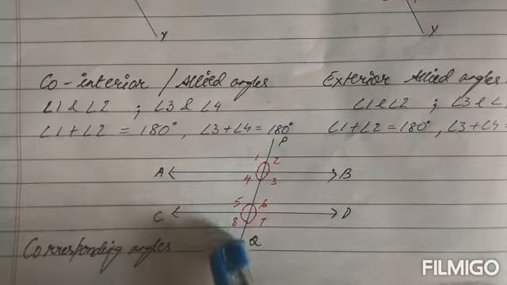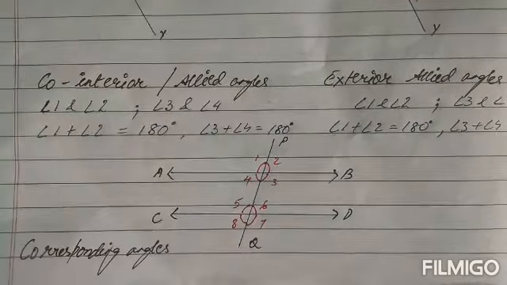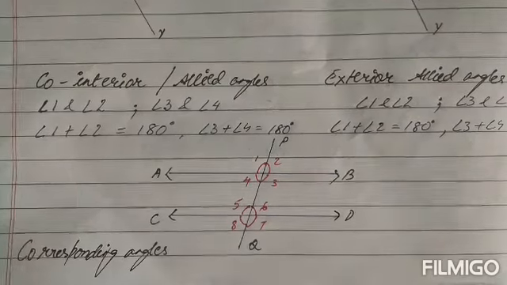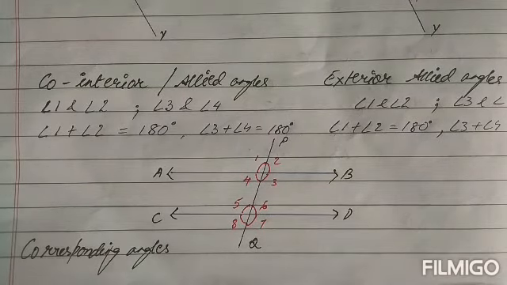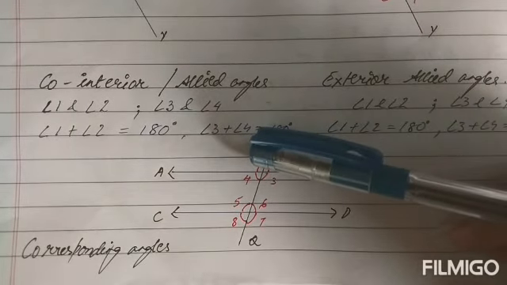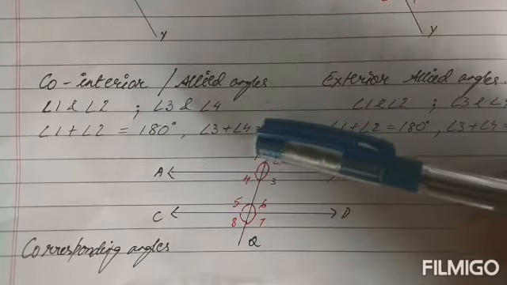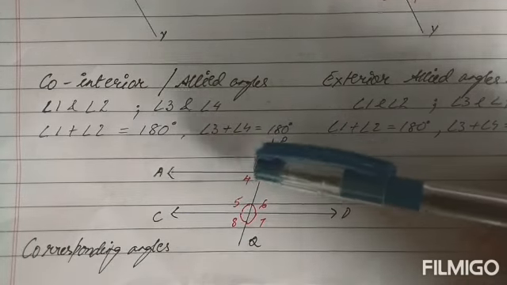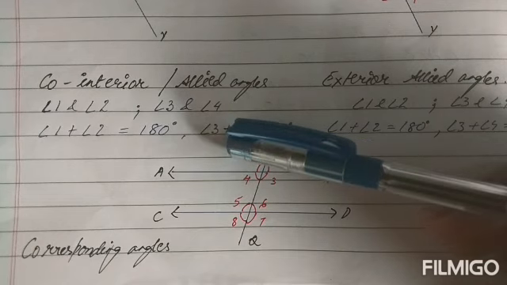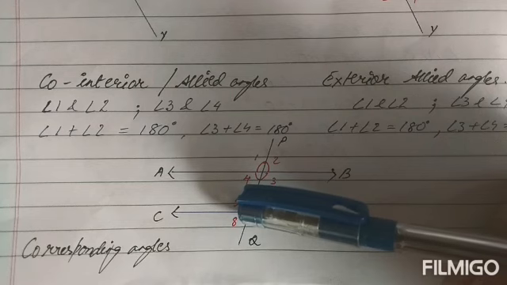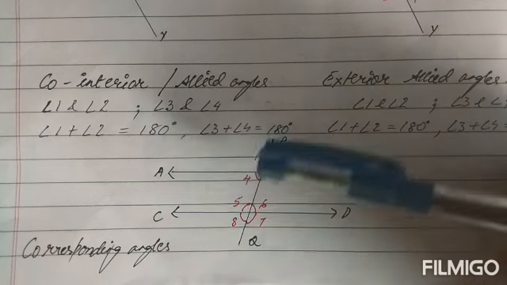We have 4 pairs of corresponding angles. That means that if there are 2 lines and 1 transversal, they will together form 4 pairs of corresponding angles. Now be very careful and see children, 1 and 5 is corresponding, same side and on the upper side of both the lines. 1 on the upper side, same side of the transversal, 5 upper side, same side of the transversal. So 1 and 5 will share the same value, they are the corresponding angles.